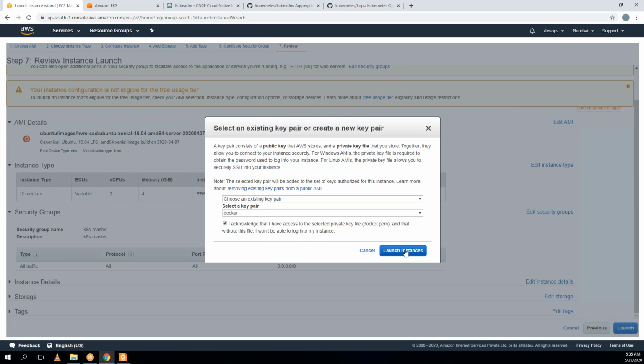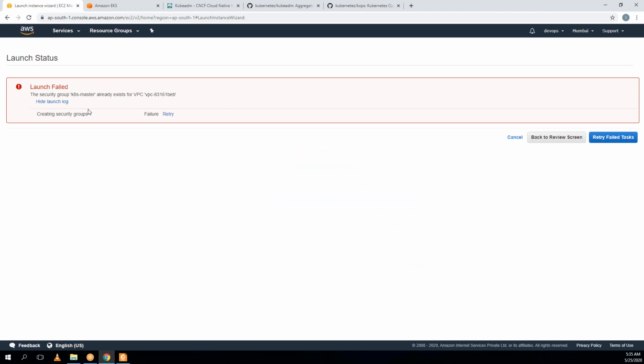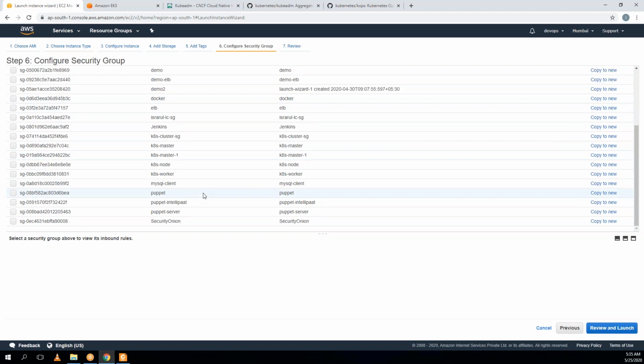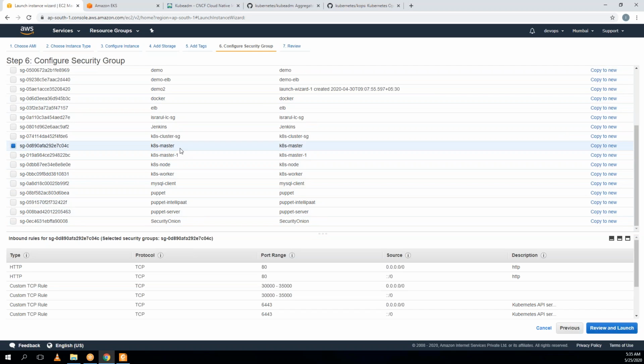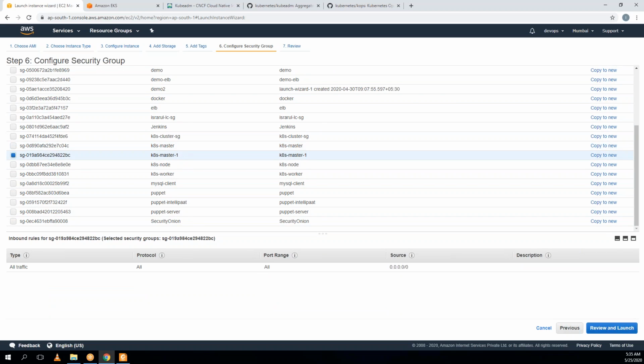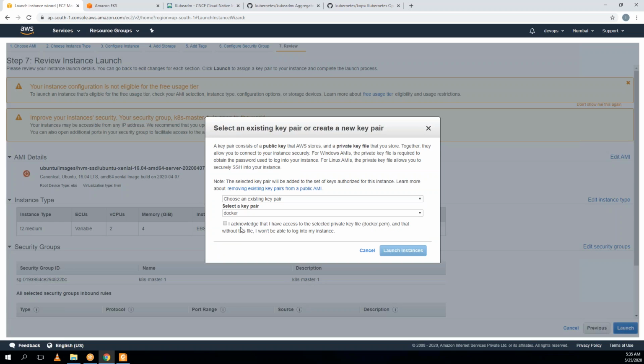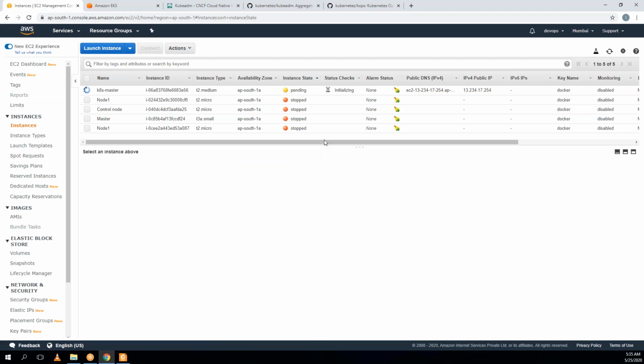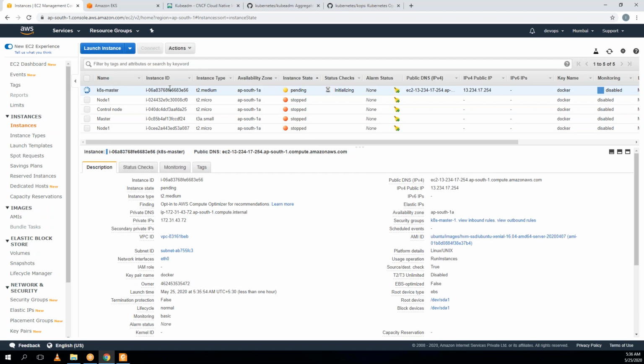So let's choose our key pair and click on launch instances. It says that the Kubernetes master security group is already available. Now I can go and choose the existing one, Kubernetes master. Now Kubernetes master always requires at least